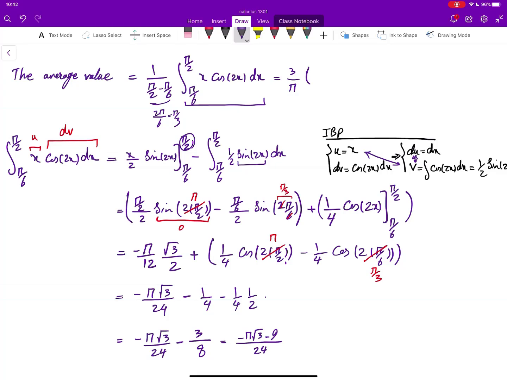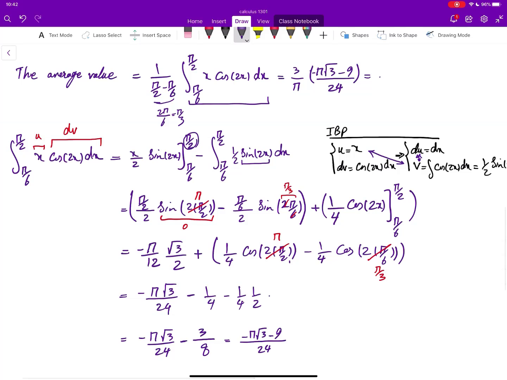And the integral, the value we found, is negative pi root 3 minus 9 over 24. You can simplify. Yes, we can. And what numbers do we get there? Here, that simplifies with that. Oh, this is simple now. This is 8 pi minus pi root 3 minus